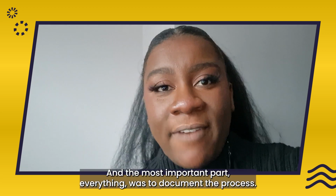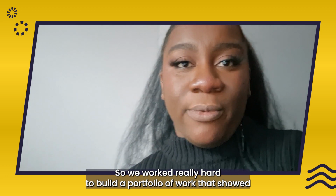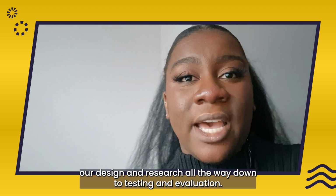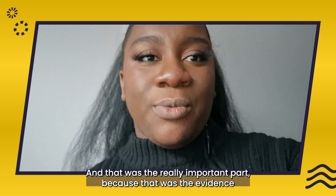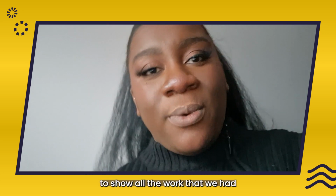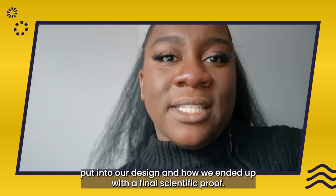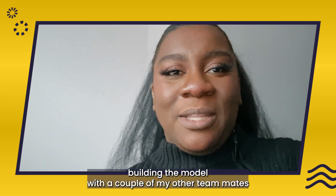And the most important part of everything was to document the process. So we worked really hard to build a portfolio of work that showed our design and research all the way down to testing and evaluation. And that was the really important part because that was the evidence to the judges and to all of the people coming to our stalls to show all of the work that we had put into our design and how we ended up with our final scientific proof. And the last bit was the computer-aided design, and I really enjoyed building the model with a couple of my other teammates,